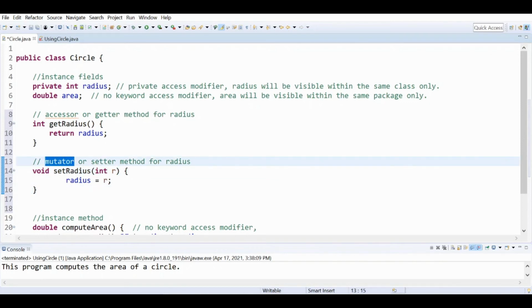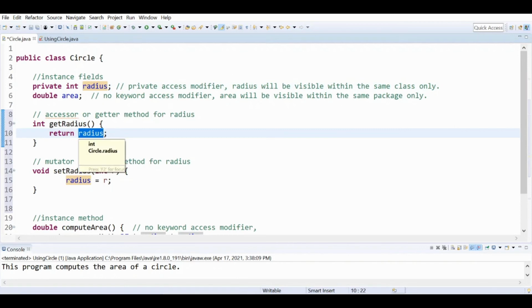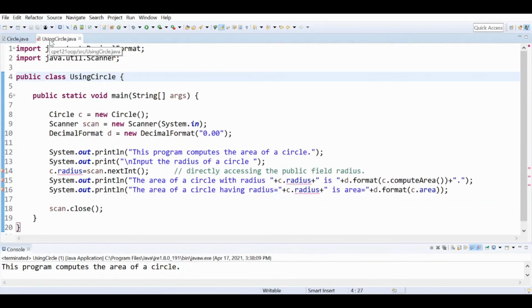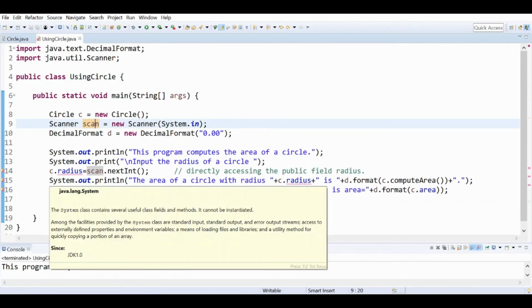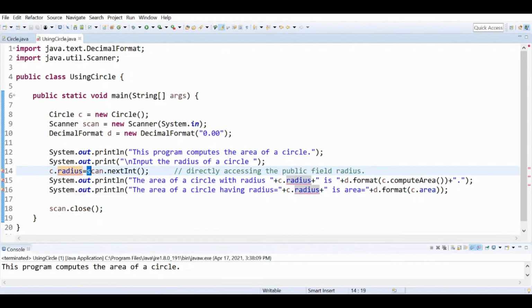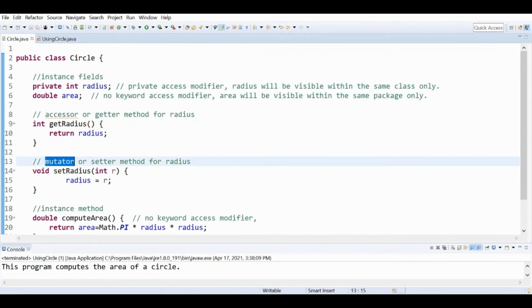We call this mutator or setter because it will set or change the value of radius, this private field radius, to that value which the caller provides. And this method is called accessor or getter method because it accesses the private field radius and it returns the value of that field to the caller. Then we save this. And in the caller class, if we want to change the value of radius to that value, which is the user input value for radius, then we would call the setter or the mutator setRadius,